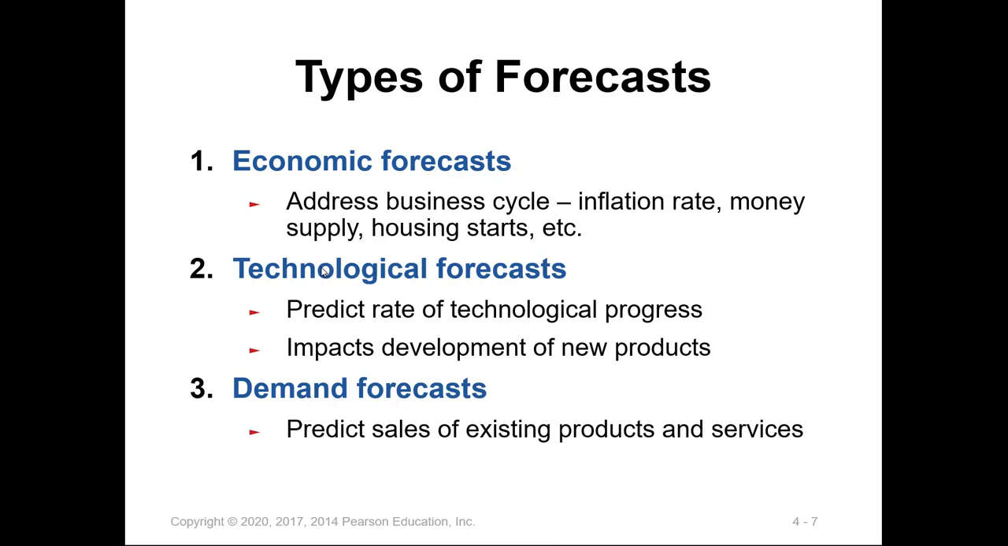There are three types of forecasts: the economic, the technological, and demand forecasts. The economic forecasts are used to predict inflation rate, money supplies, and other planning indicators, while technological forecasts are concerned of predicting rates of technological progress, which can result the creation or development of a new product or products. The demand forecasts predict the demand for goods or services and focus on rapidly identifying and tracking